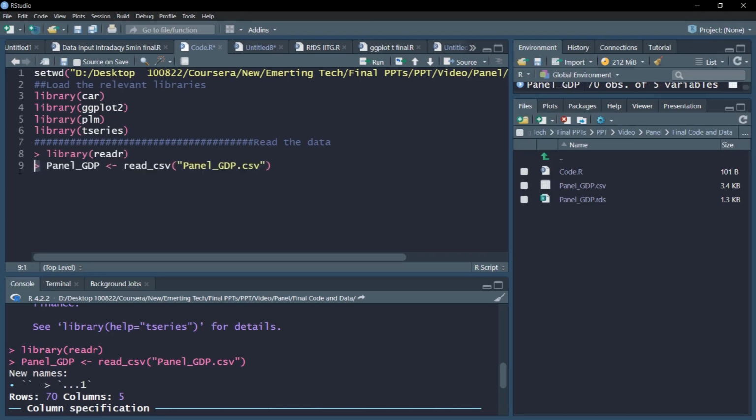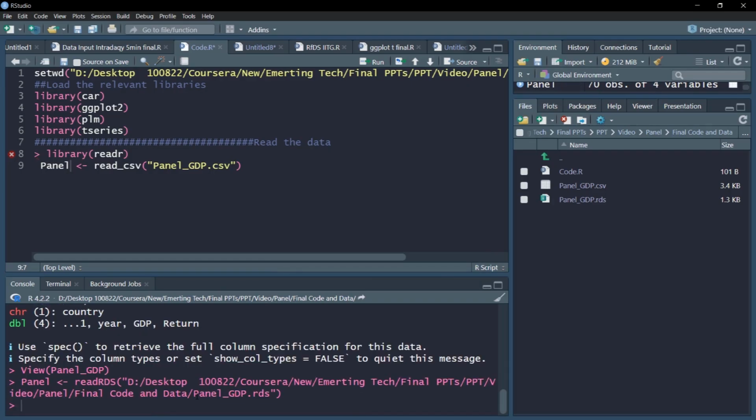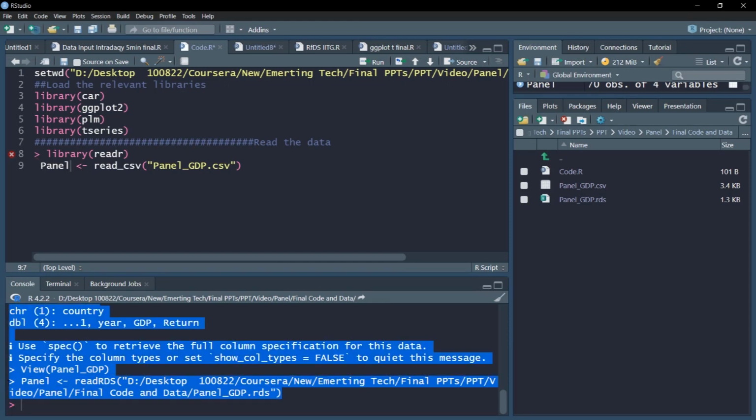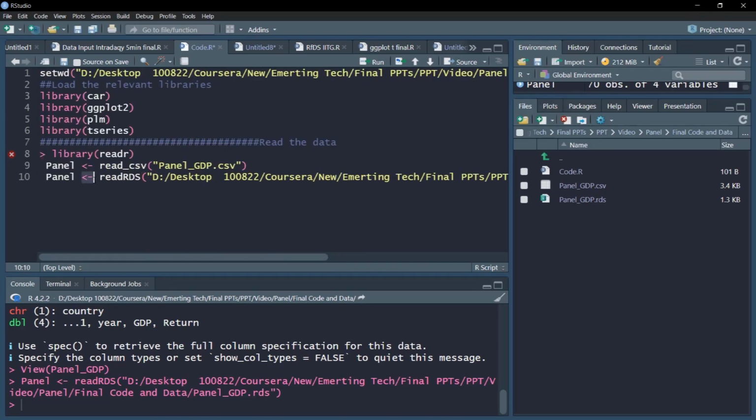Also, I have put the data in my file in RDS format also. So I can click on this RDS format, and then also I can click on OK to read this data. So that is also another way to read the data. I can select the file name as I wish, and a command is run, which I can again copy paste for reference. And this is also, please recall, for R this arrow symbol is same as equal to or assignment operation. So I can very well use this equal to symbol. So I have the commands as well ready for me.